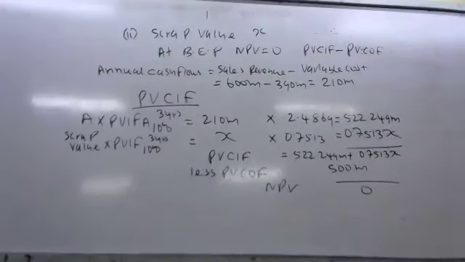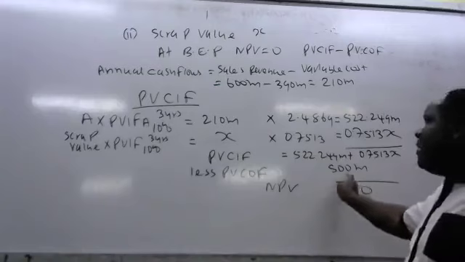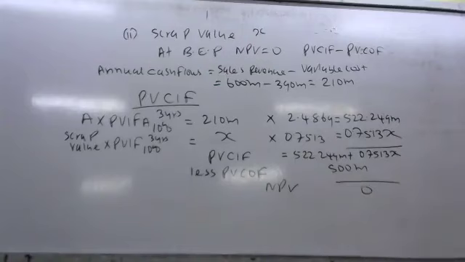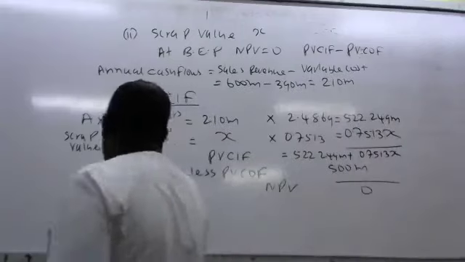So we just simplify it in that manner. Where there is the scrap value, we make it X. The rest of the information is not affected. Then initial cost now will go back to where it was. Was it 500 million? Yeah, so that we create an equation where we make X to be the subject. So that equation is supposed to be